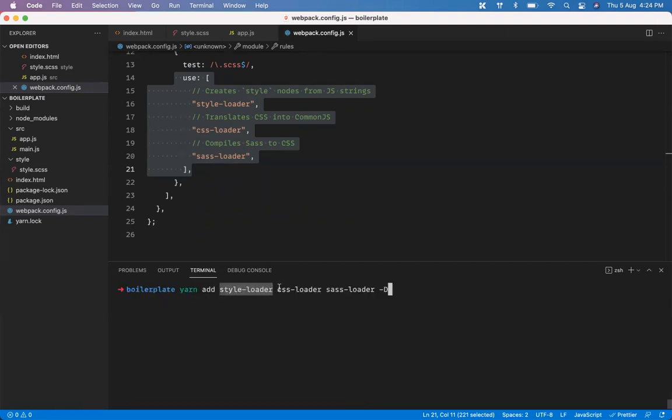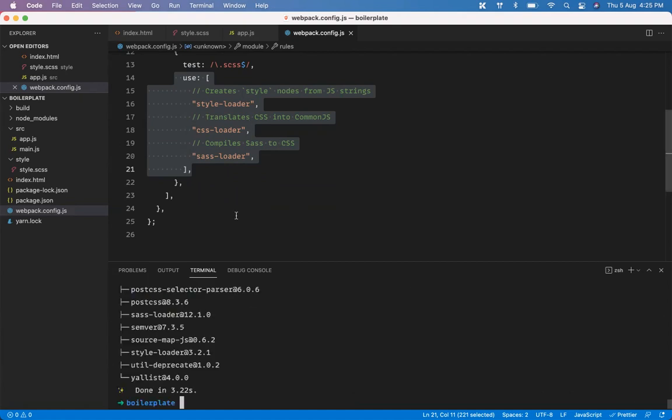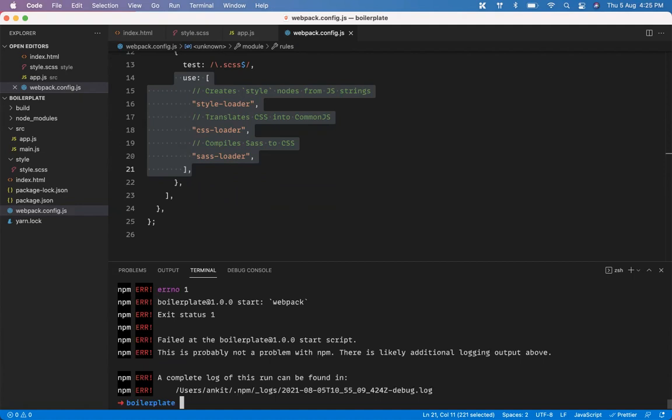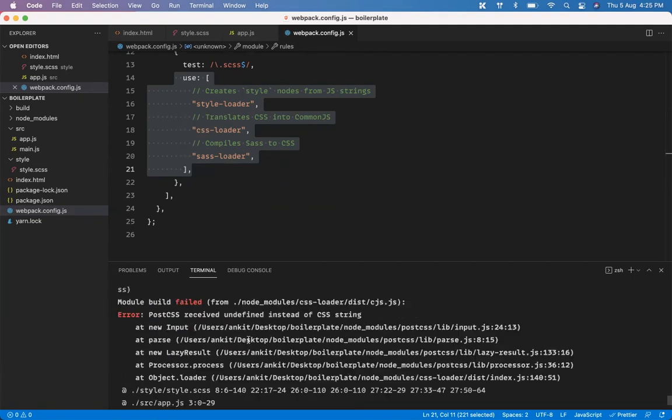Once these packages are installed, it will be able to use these things. And now I can just go ahead and say npm run start. And even now it is throwing the error. It is saying boilerplate 2 errors.